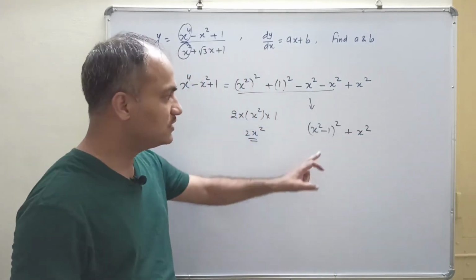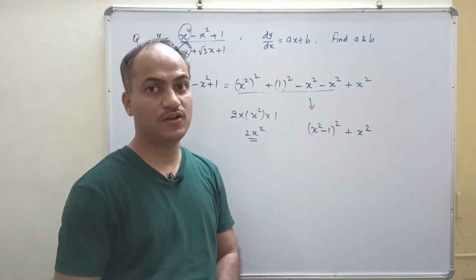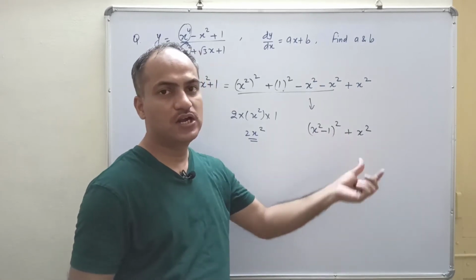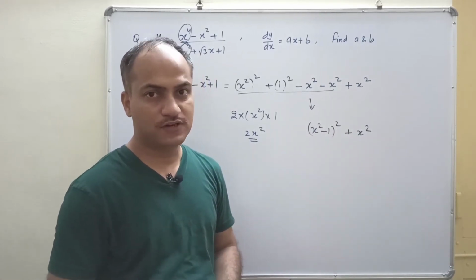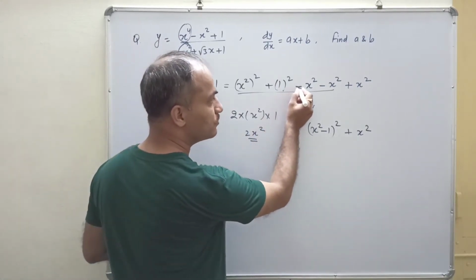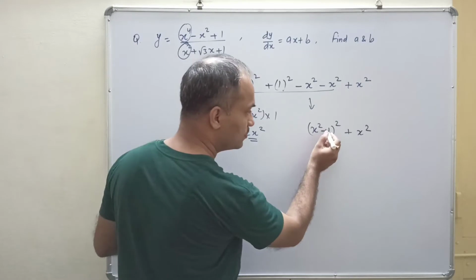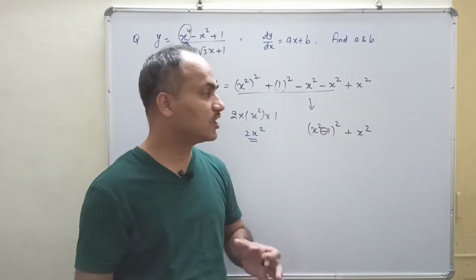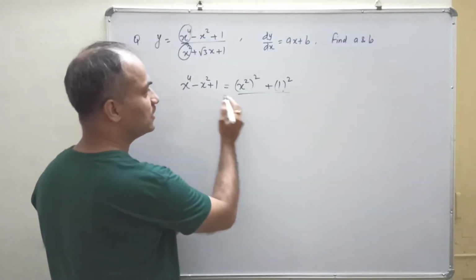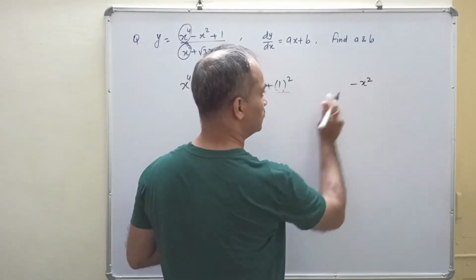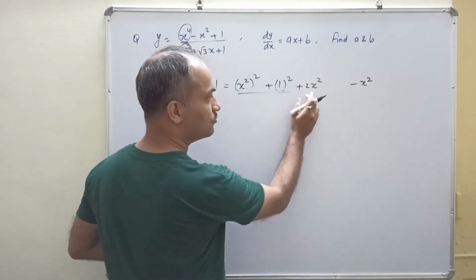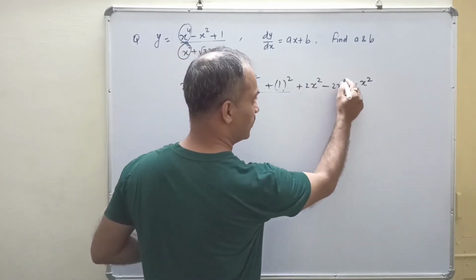Now can we simplify it further? No, because it is a plus. a square plus b square does not have any factorization further. But at the same time, if we try to have this term positive here, then the condition of the question will drastically change. This given term we are taking at last. So what we require here is positive 2x square. So we are adding it and we are subtracting it.